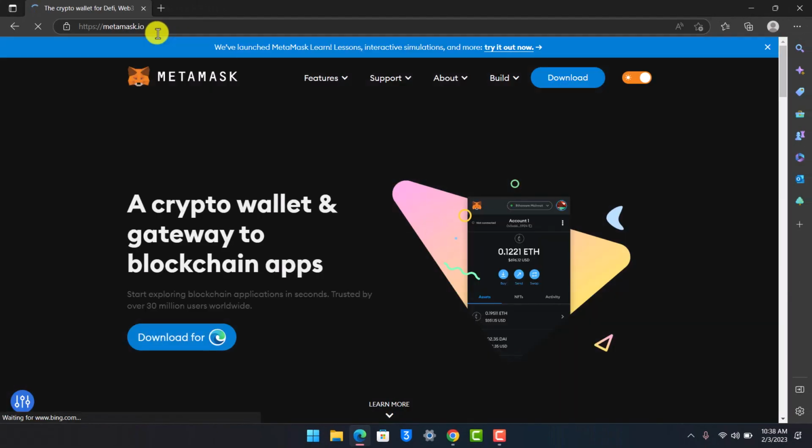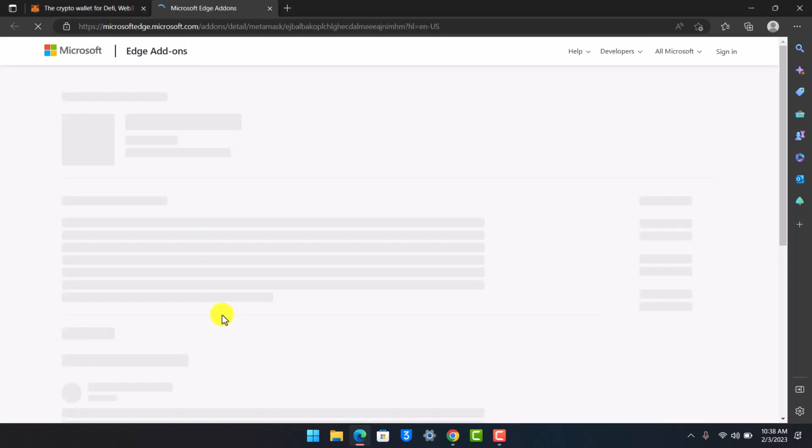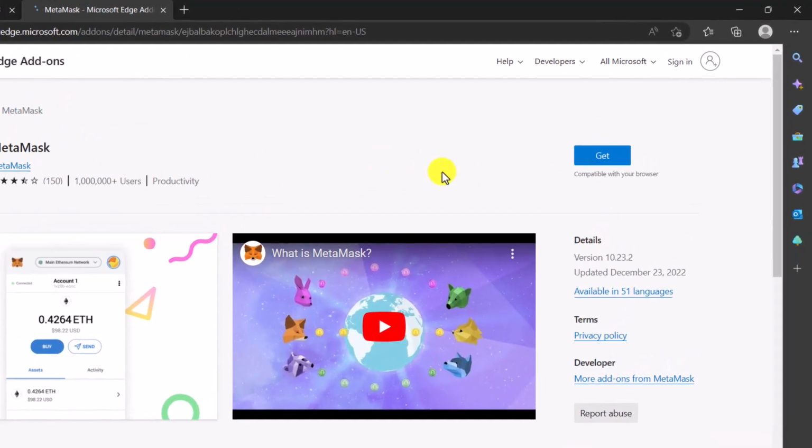So once you open Microsoft Edge and go to metamask.io, you will see this kind of interface, and then here you'll find this option that says download for Microsoft Edge. Now if you opened up Google or Brave, you would find the option called download for these specific browsers, but since we opened up Edge, we'll find this option called download for, so we're just going to click on this option. After that, it will ask us to add an extension to it, so all we need to do is